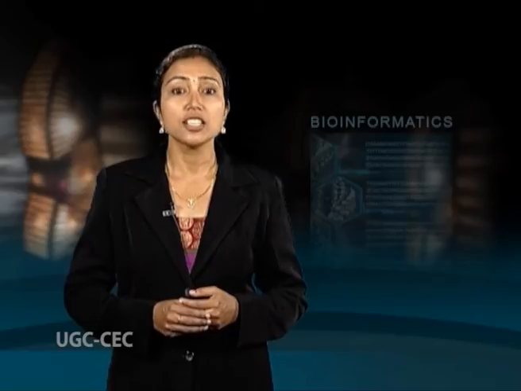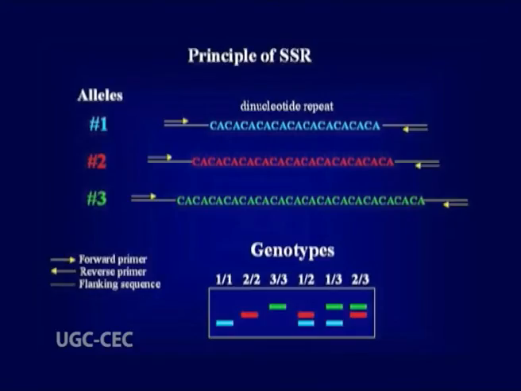Change in number of these repeats gives the length polymorphism, which is revealed by designing primers for the sequences flanking the microsatellite repeat motif, followed by PCR amplification and visualization in agarose or denaturing polyacrylamide gel. This process of amplification and visualization can also be automated by labeling the primers with fluorescent dye.